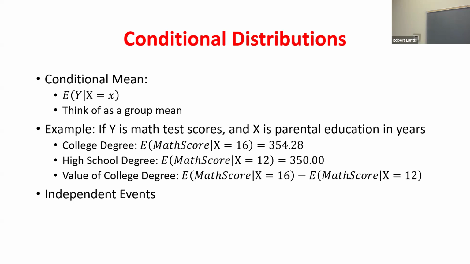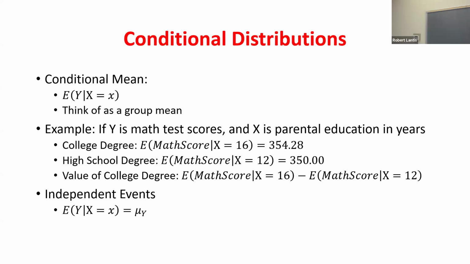Now, when we're talking about these conditional distributions, we can also have independent events. So maybe I want to know what's the expected math score of someone who is, let's use something not correlated. Let's say, what's the average math score of the student given that they're 4'9"? Well, the height of the student probably shouldn't tell me anything about their math. Maybe there's a story you could tell about, if you're shorter, maybe you're more likely to get picked on, and maybe you're shyer. But for the most part, that should be completely independent of your intellectual ability.